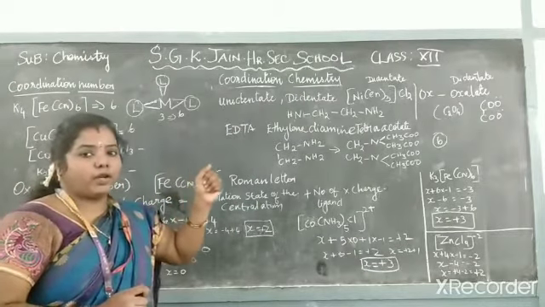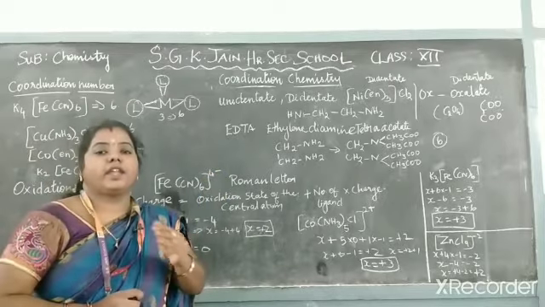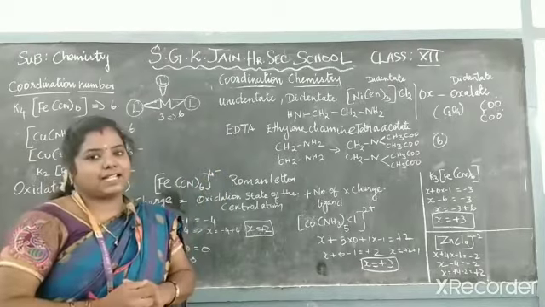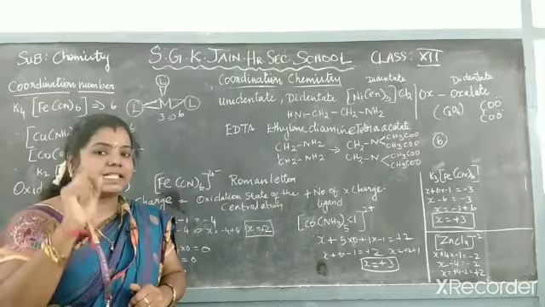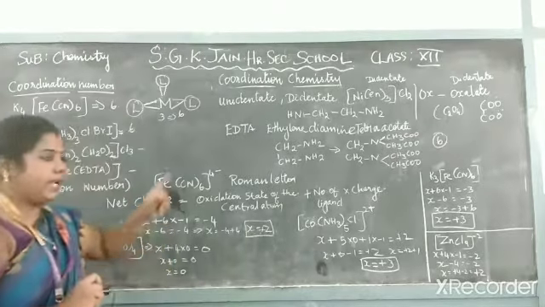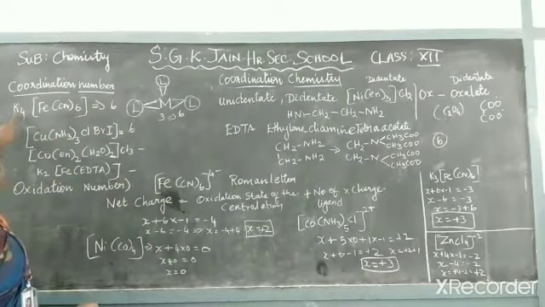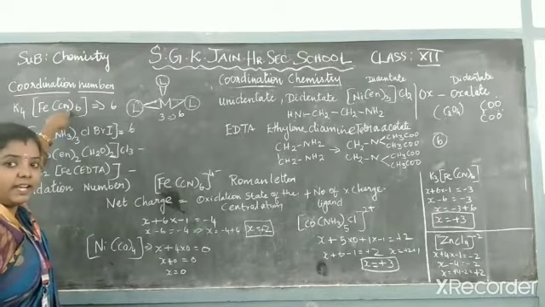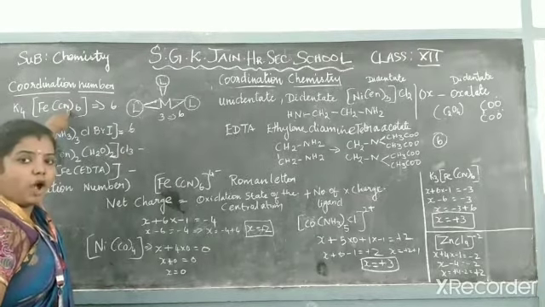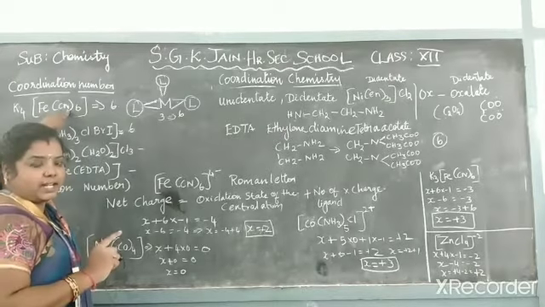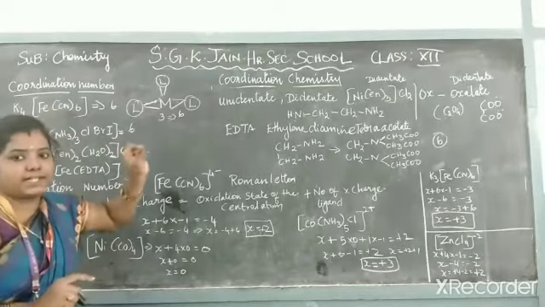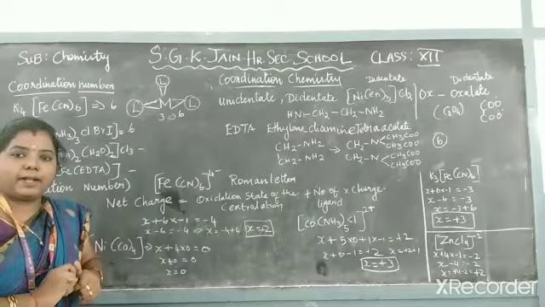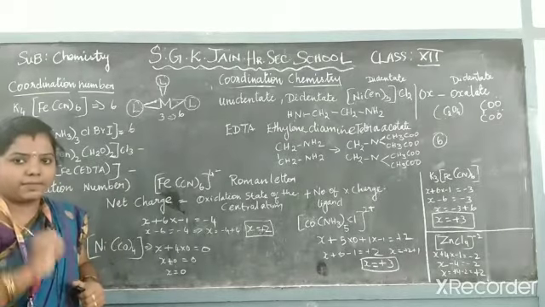So how to find the coordination number based on the number of ligands. If 6 ligands are there, what is the coordination number? 6 is the coordination number. Let's see with the example. Here K4[Fe(CN)6] is there. Here CN will act as a ligand. So how many ligands are there? 6 ligands are there. What is the coordination number? 6. But it is not applicable for all the things. There will be an exception.